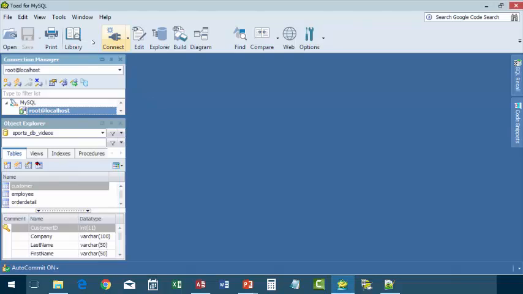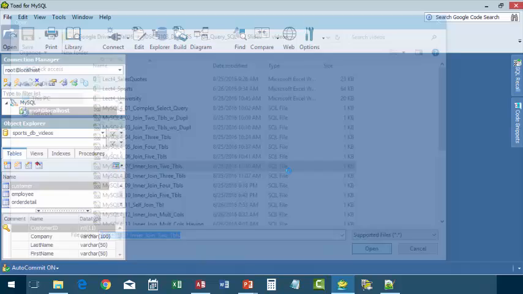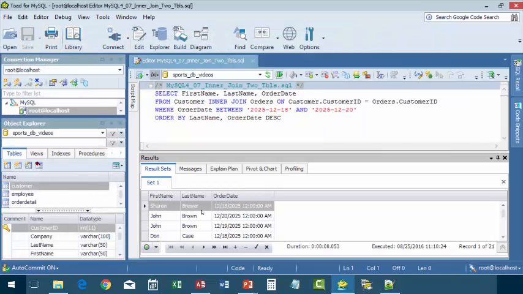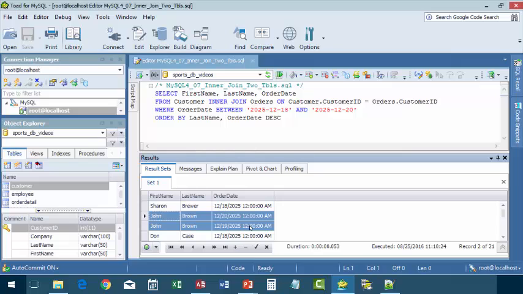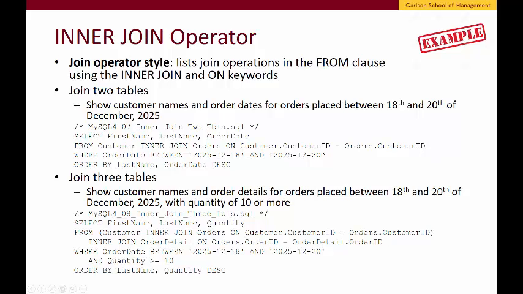So we save, close, open in Toad, and run number 7 and verify we get the same 3 columns, first name, last name, and dates between the 18th, 19th, and 20th, and 21 records, some of which were duplicates, as you might recall from previous recordings, that were then eliminated by the distinct operator, which reduced 21 to 18. We're not going to do that in this case, but switch back to the presentation and then talk about joining